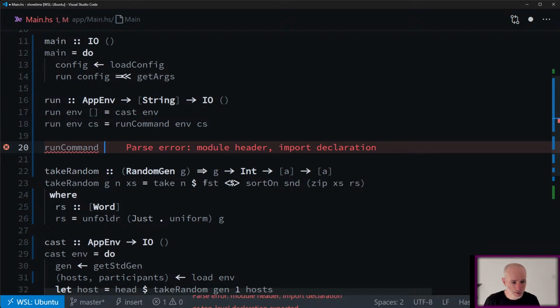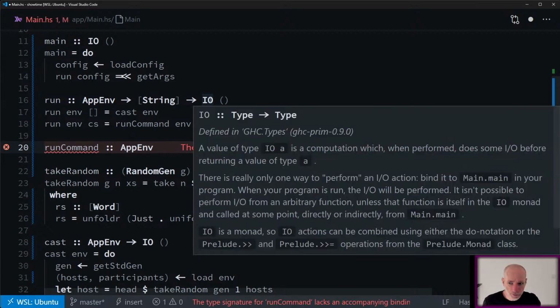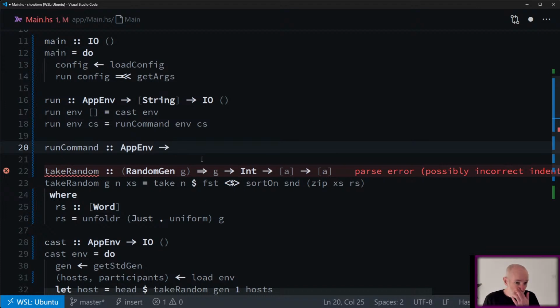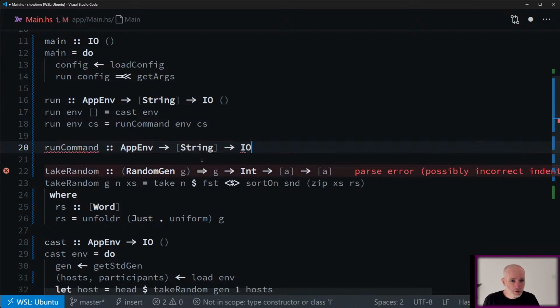It's going to take the AppEnv, because that seems to be the case everywhere. So we might change this in a bit, because the fact I'm passing AppEnv everywhere suggests that I should be using ReaderT, ReaderT IO, I guess. But we can come back to that. For now, I'll just keep passing it in everywhere. We take the environment, we take a list of strings, and we run under IO.